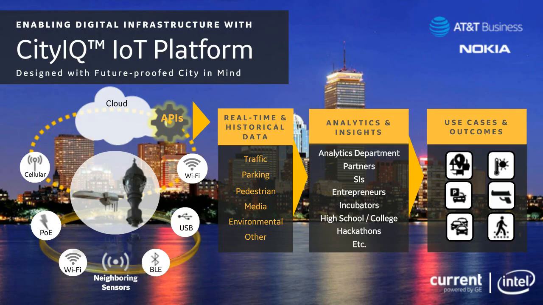And so what does this smartphone device actually kind of do? Well, not unlike a consumer smartphone, which has probably 12 to 14 sensors in it when you add up the touch screen and the GPS and the microphone and all those kinds of things, the Intel-powered solution with Current has over 30 sensor capabilities. Not only that, but it can connect via Wi-Fi, it can connect via Bluetooth, it can connect via cellular, and